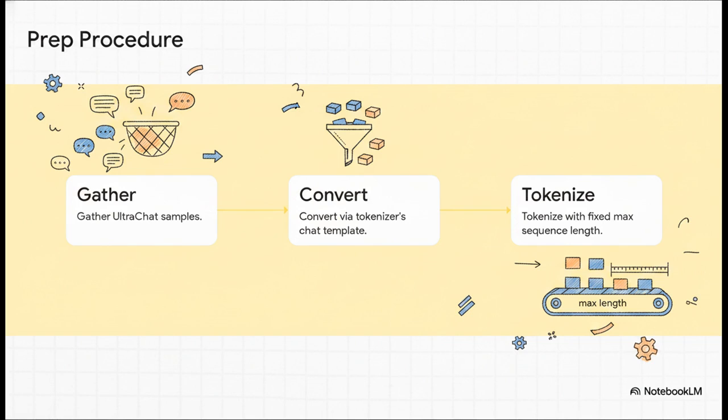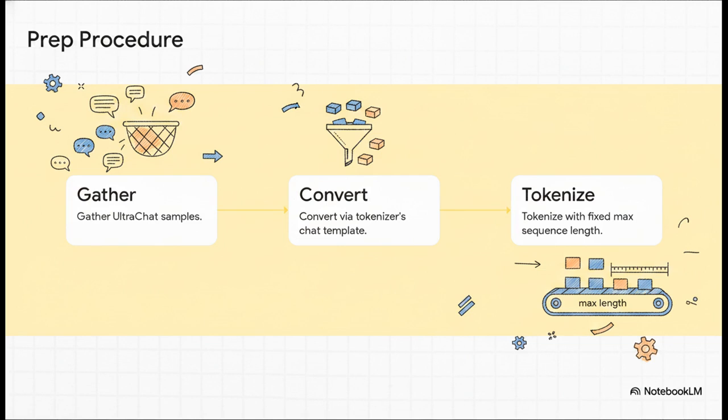First, we gather realistic instruction-style inputs using a small set of UltraChat samples. These are perfect because they mimic a real human talking to the model. Next up, we convert these chat examples into model-compatible text using the tokenizer's specific chat template. Finally, we tokenize these samples with a fixed maximum sequence length. Boom! This creates a highly reusable, incredibly realistic dataset that will act as the crucial foundation for our next 2